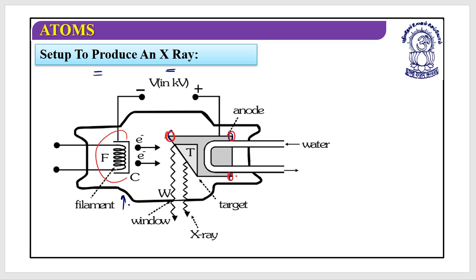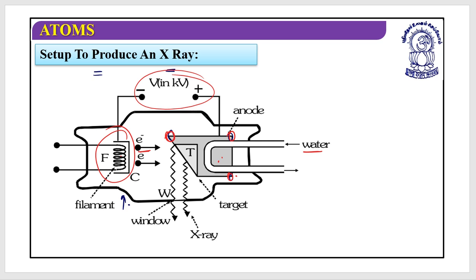Those high velocity electrons will be developed by this filament. This is basically a source of electrons, and with this element we have connected a potential difference. The higher the potential difference, the higher the energy of an electron, and the greater the intensity of an